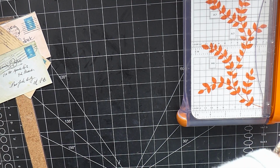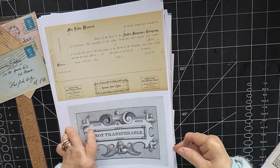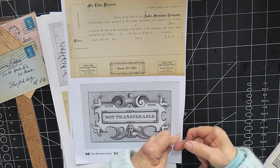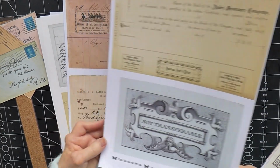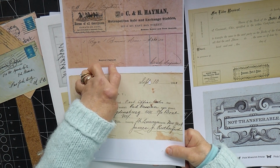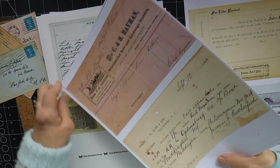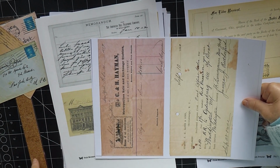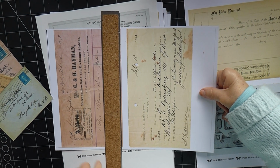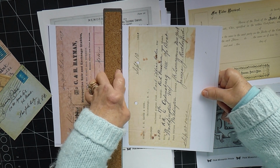Right, let's see what else I've got here before I continue. I've got a couple of things here which might work. That seems a bit big. Actually, this looks quite big now I've printed it, so I'm not sure about that. I quite like these because I like the colour of them, so I might just do these. And these have got the extra space, so that one I don't even need to worry about cutting down, because I can just fold all of that down, and I'll just tear this piece off and then fold down